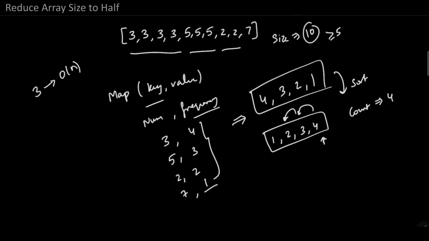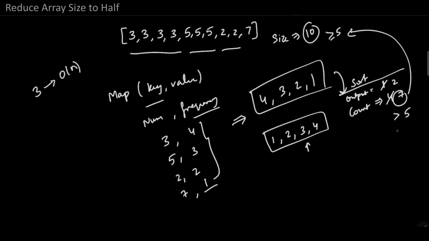Then I'll increment the output, or min set size, which will be 1. And then I'll remove here and go here, and now I'll increment this by 2 and this will be 7. So 7 is greater than 5, that is this size. So we can exit out of this iteration and return 2. This is the output. Hope this was clear. You can go through this approach.